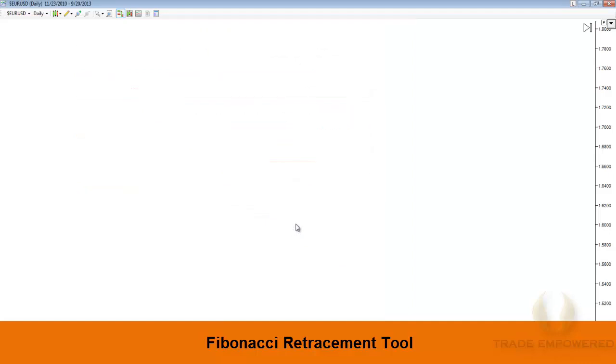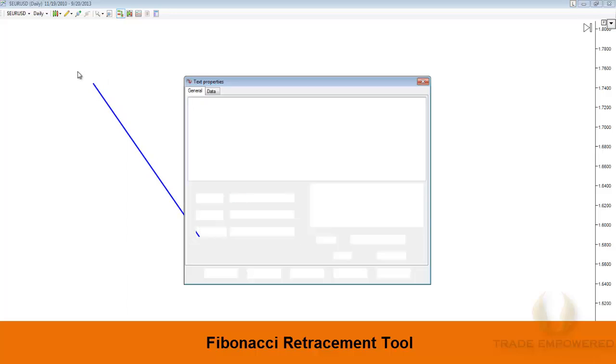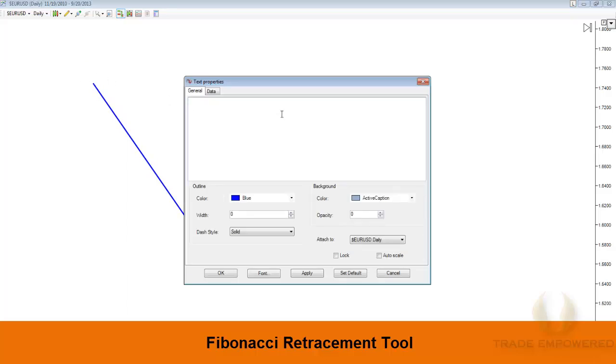So how do we draw a Fibonacci retracement? Well, it's easy. We find the most recent swing high to our recent swing low, or vice versa. Let me give you an example. If the market puts in a move like this, an impulse leg, where we're looking at our starting point,